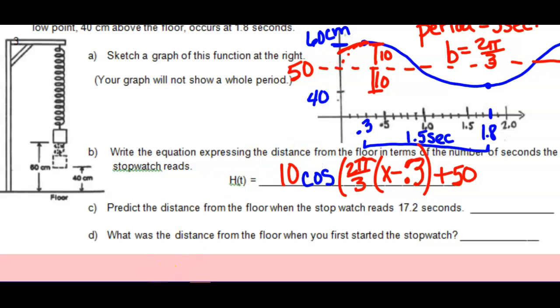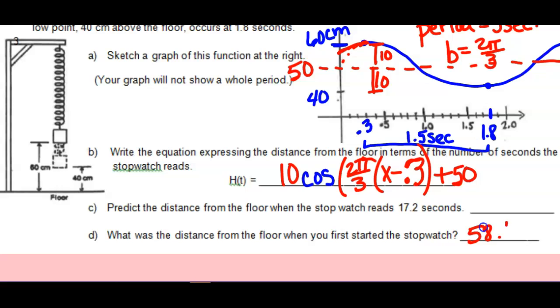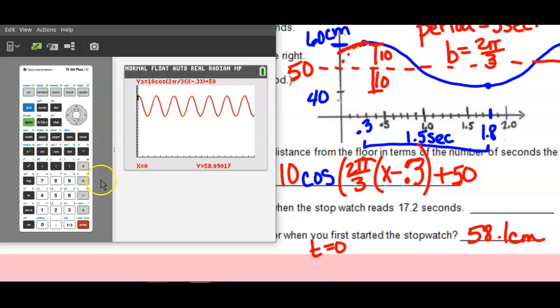All right, so what are the 2 questions it asked? Is that right there, what is its height? 58.1 when we started the timer, so that would be t equals 0 or x equals 0. And then it wants to know what happens at 17.2, so you'd have to trace all the way out to 17.2. 43.3